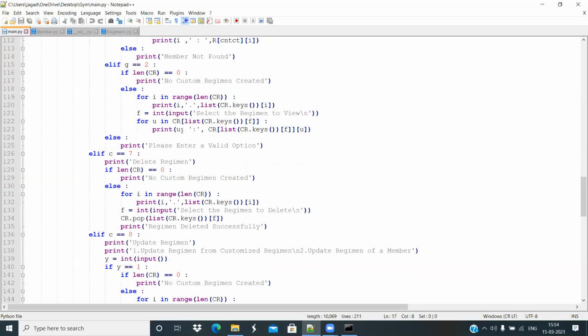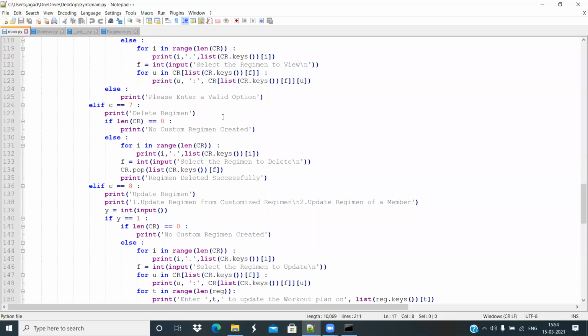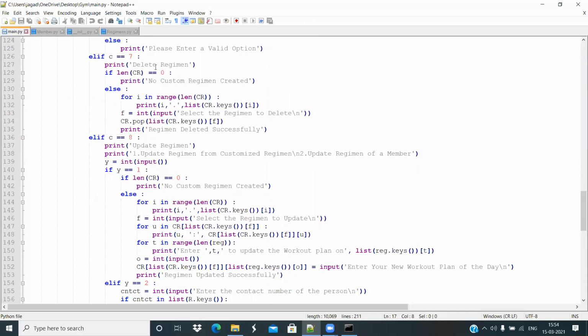So it is going to print U and the corresponding regimen value, and if it is not there in the code, it is going to show please enter a valid option. Now the delete regimen: if length is 0, it says no custom regimen created. Otherwise, it is going to just pop the given thing.